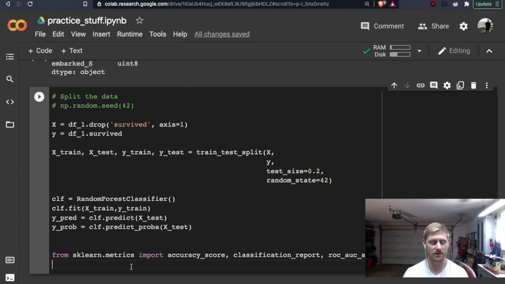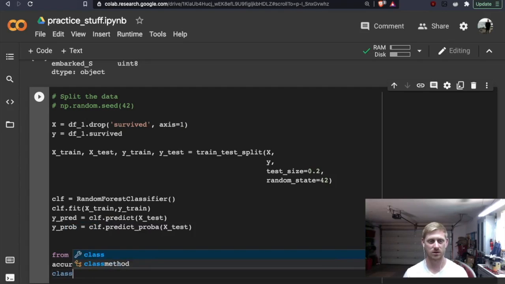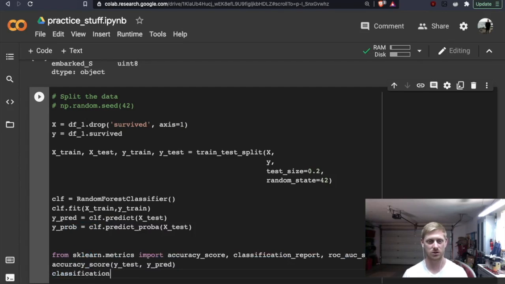And then again, for the sake of studying to memorize this, I believe accuracy score would be y true, which would be y test, and then y pred. From there the classification report likewise would be y test and y pred.